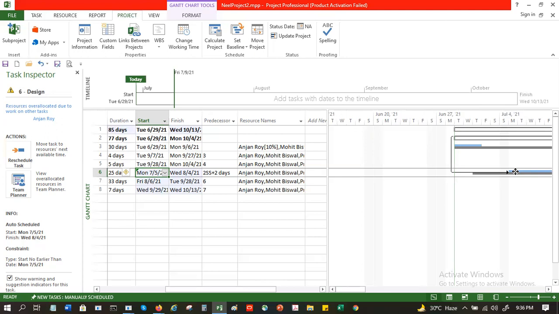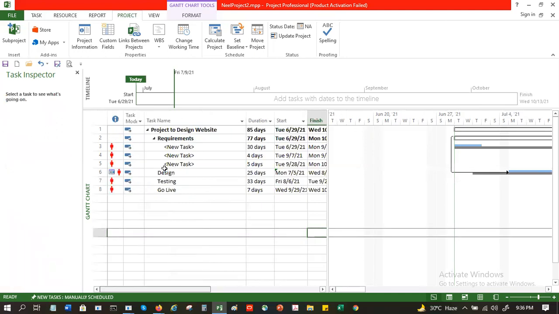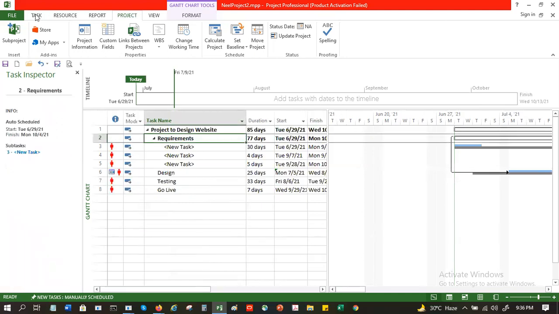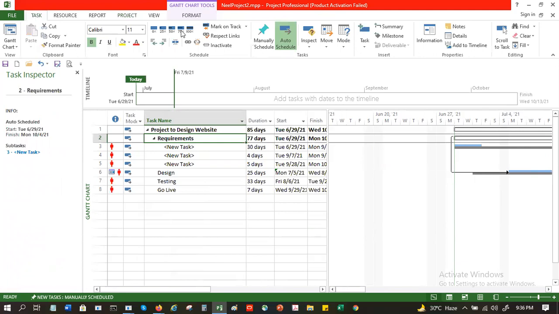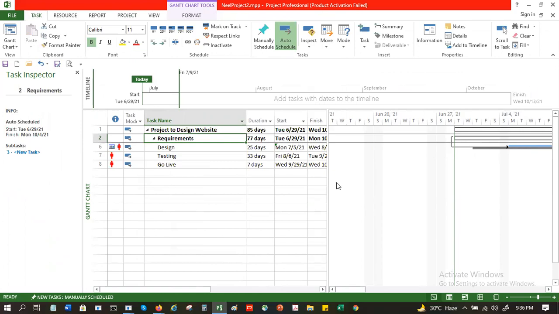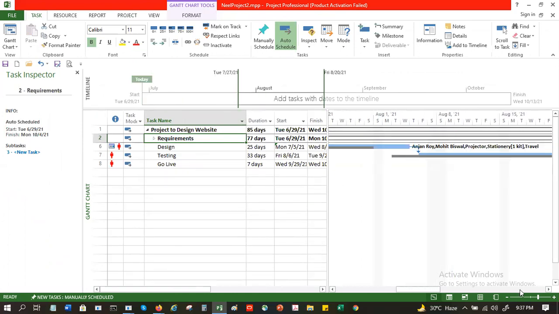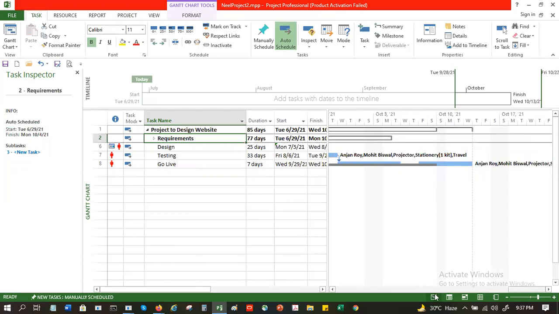So the baseline serves as a means of comparison between the two. And then you keep updating the progress. For requirements gathering, you go to the task and say, let's say 75% done, and accordingly the system will keep marking it.